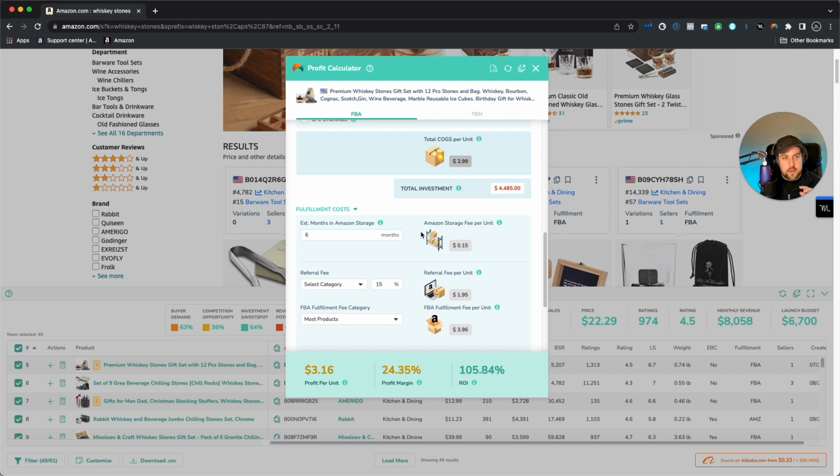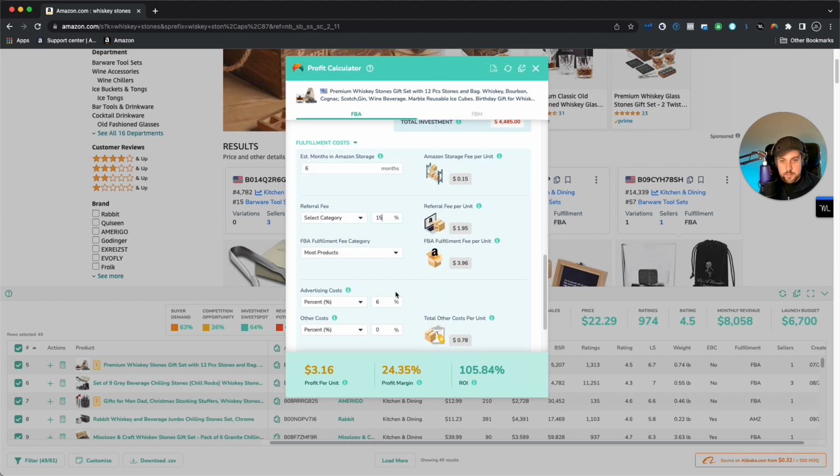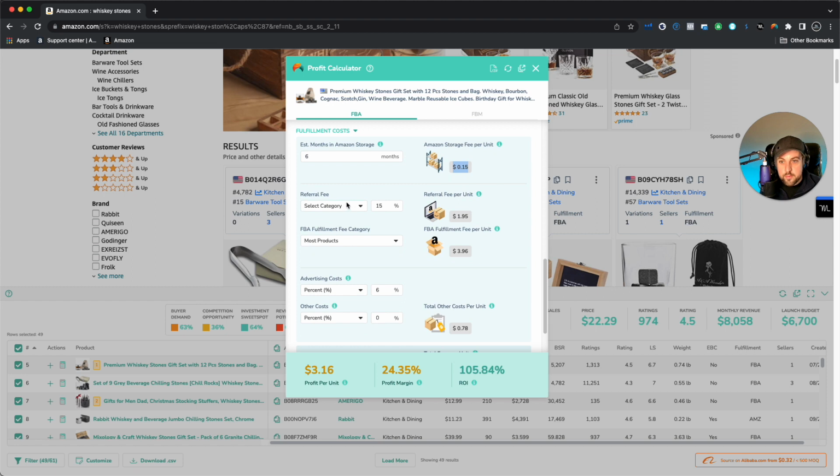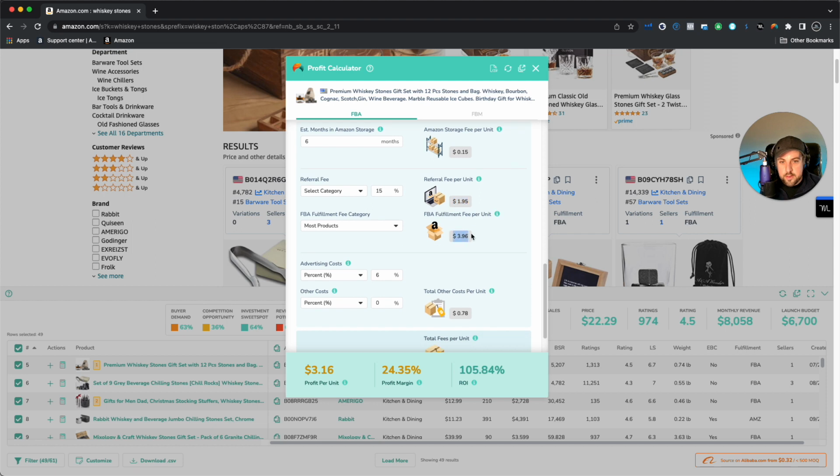can make sure that as we're doing our launch, we've got enough time to get momentum and volume and be a little more conservative on the total amount of time that it could realistically be in the Amazon warehouse. So that breaks down now to 15 cents per unit for the 6 months of Amazon storage. We've got a referral fee of 15%, which Amazon takes, which is $1.95. Then they've got a fulfillment fee,